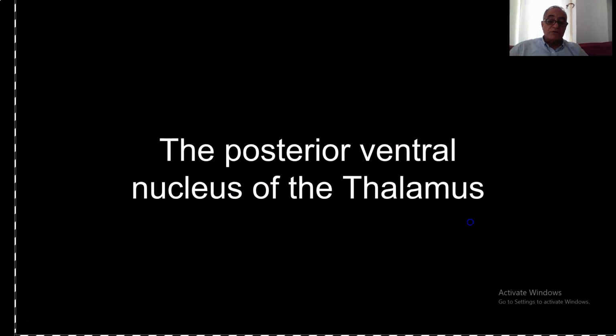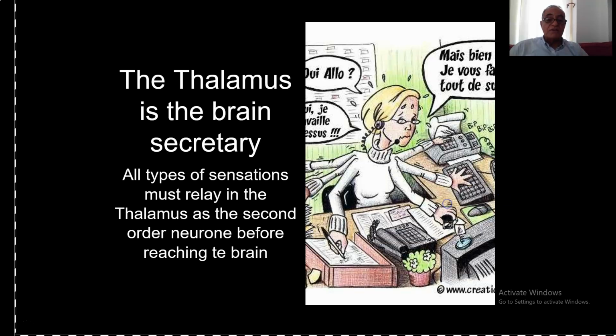The third important nucleus is the posterior ventral nucleus of the thalamus. When we talk about this, we talk about the sensations. The thalamus is the secretary of the brain. The brain is the big boss. It is concerned with many complex functions. It is not